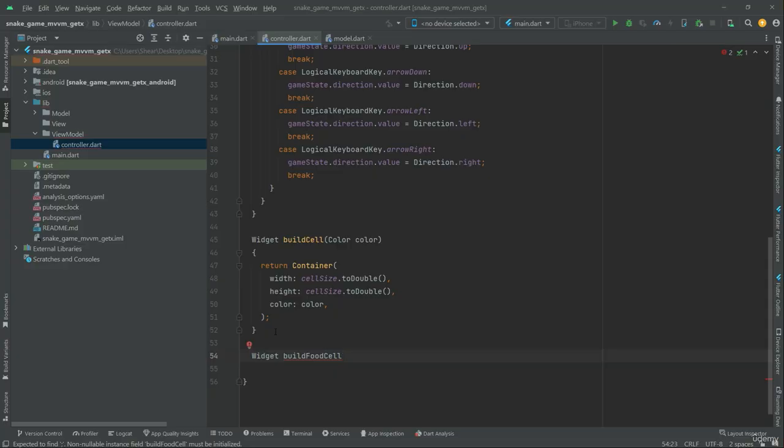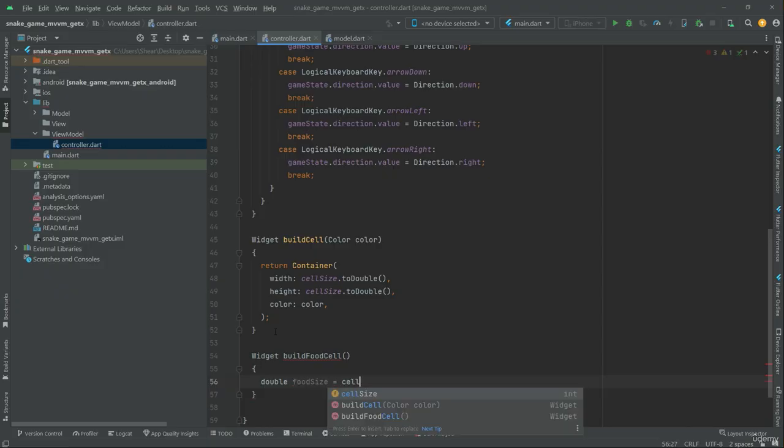In here buildFoodCell, the specific name, and then brushes, then again call the brushes, take this down. First of all I'll create a variable of type double, and we will give the name as foodSize, and in this I'll assign the cellSize, and we'll multiply this by 1.0,